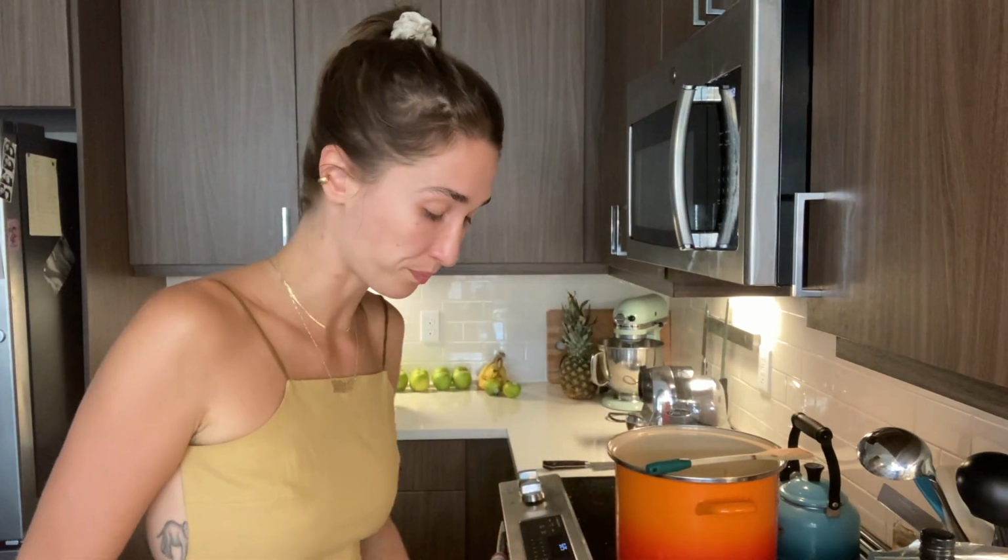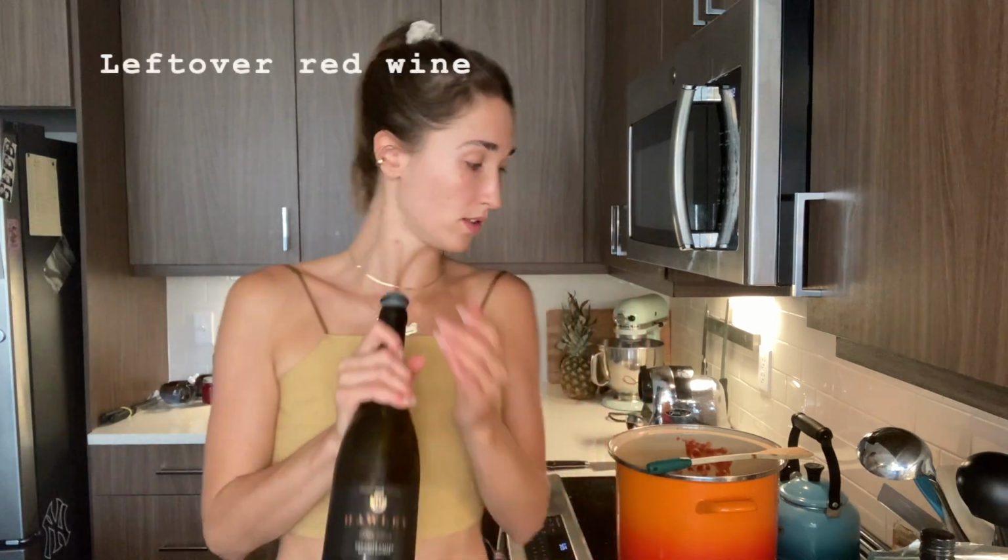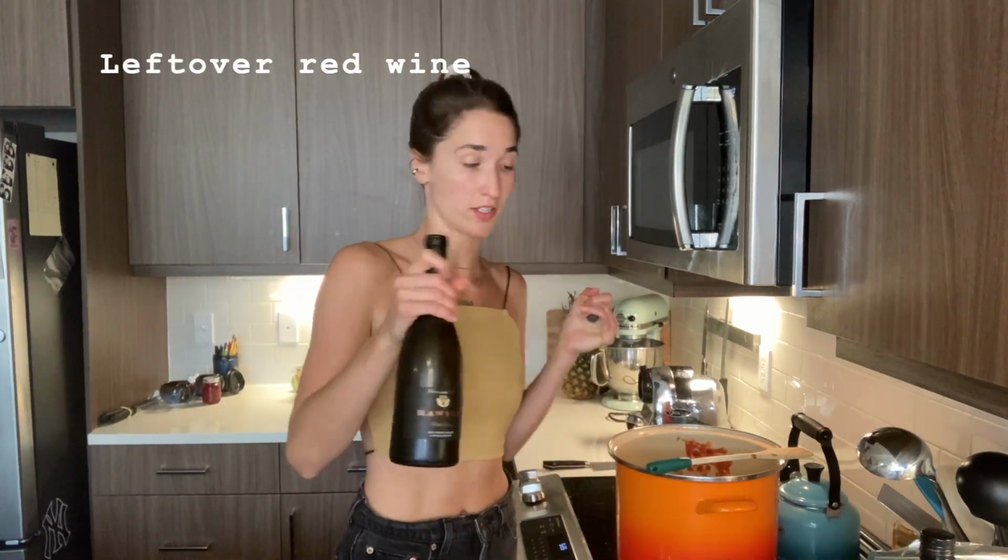We'll let that cook for just a couple minutes, and you can open your tomatoes. If you're at the point of the year where tomatoes are perfectly in season, don't cook them, just eat them. You have like 364 days out of the rest of the year to eat canned tomatoes, just saying. These are already crushed, so I don't have to do any of the hand crushing, even though I do love to do that. If you have whole tomatoes, get real Italian with it and just smash them with your hands. I have some old red wine as well, which I usually have hanging out in the fridge. Literally less than half a bottle, so we're just gonna,